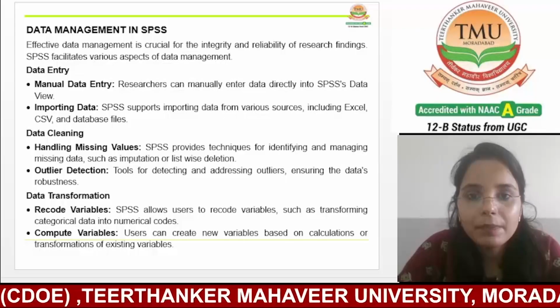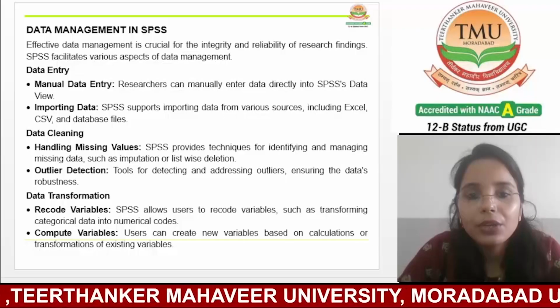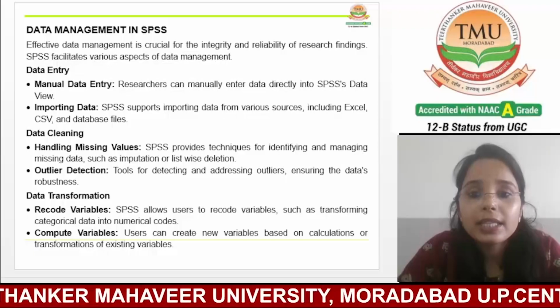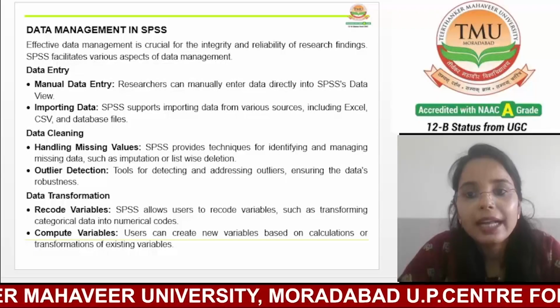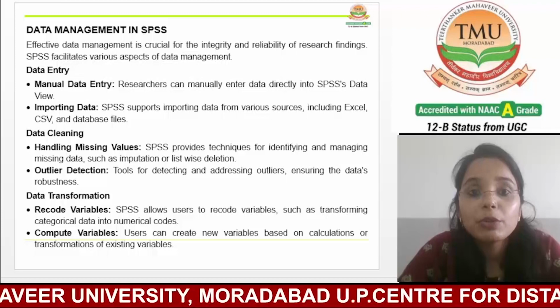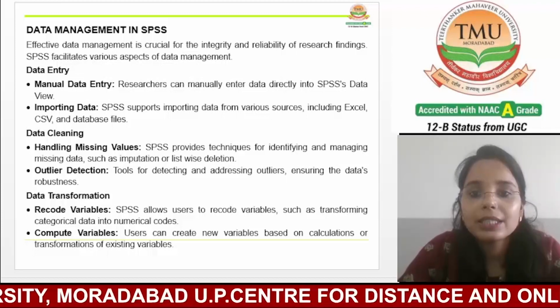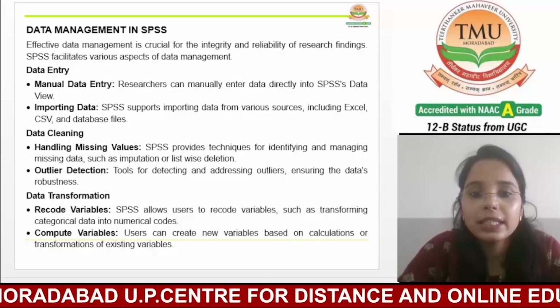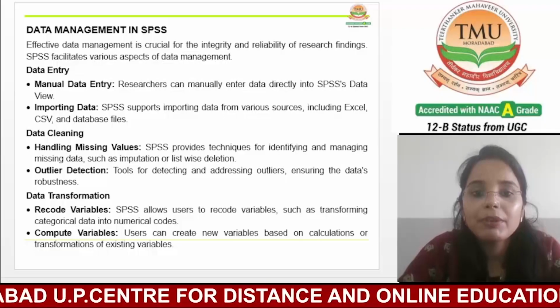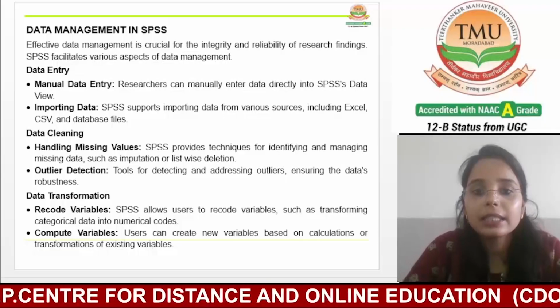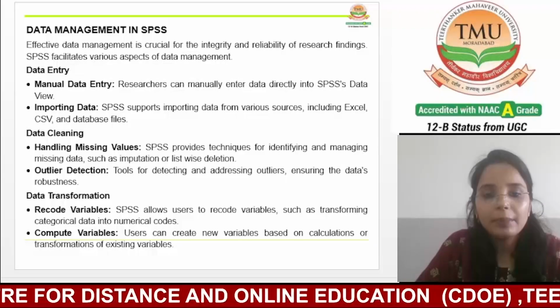For example, you want to turn your text like male and female into numerical codes like 1 and 2. SPSS lets you recode variables easily, which helps in performing statistical analysis that requires numbers.